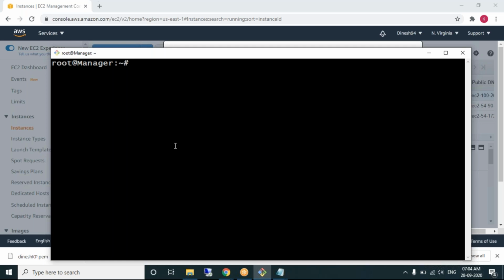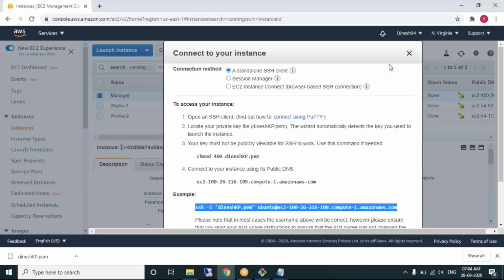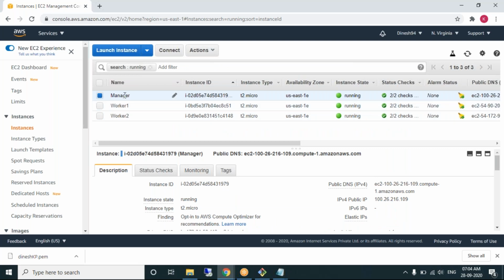Not only this advantage, when we learn about containers, when we run a container on multiple Docker host machines, you can understand easily which container is running on which machine. You can relate it because I have the prompt ready as manager. I've connected to the manager machine. So what is the extra tool I need to install on manager? Docker Swarm, right?